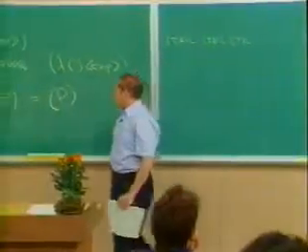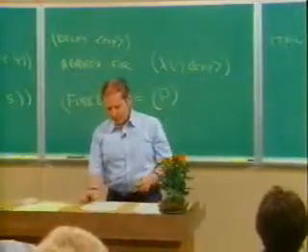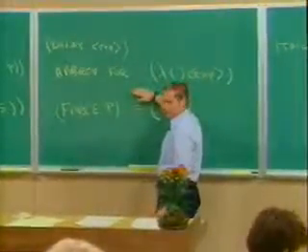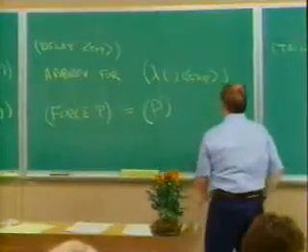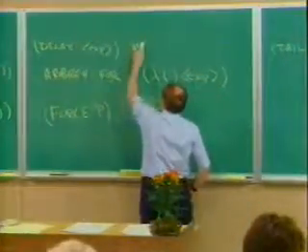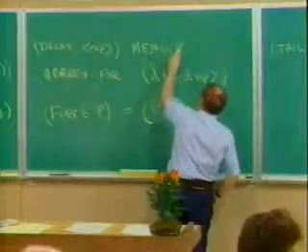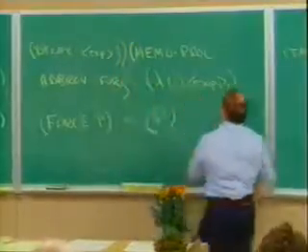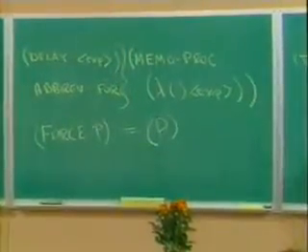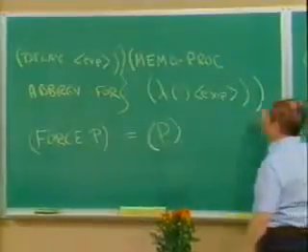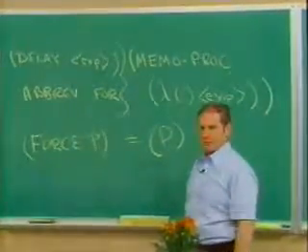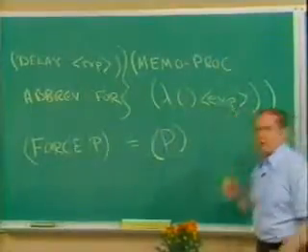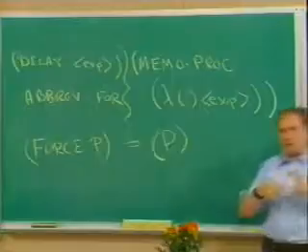So there's one little hack to slightly change the abbreviation, change what delay is, and make it a thing which is, I'll write this way. Delay, the actual implementation, is an abbreviation for this thing, memoproc of a procedure. Memoproc is a special thing that transforms a procedure. What it does is it takes a procedure of no arguments and it transforms it into a procedure that'll only have to do its computation once.